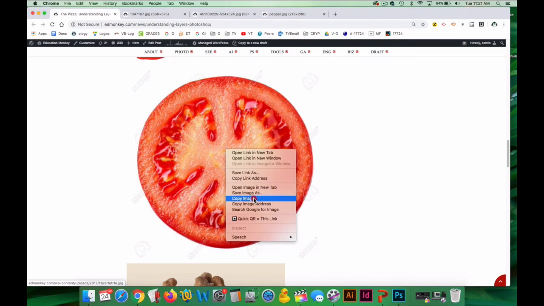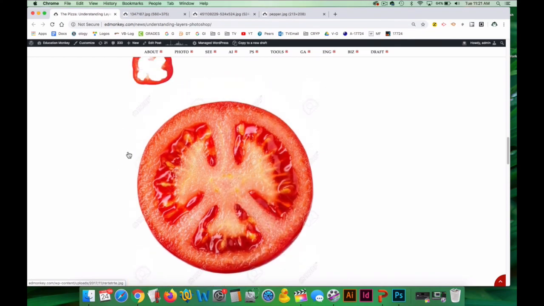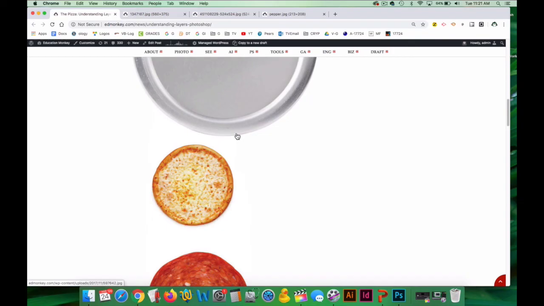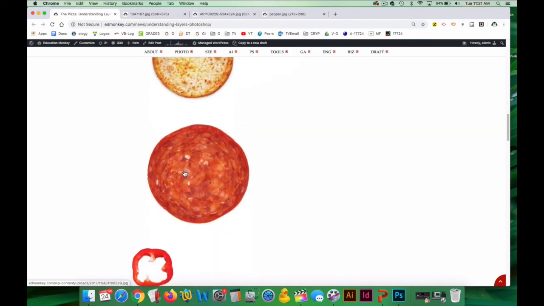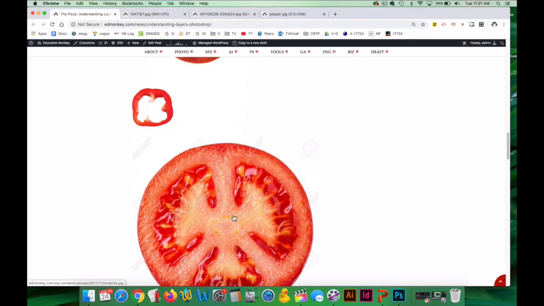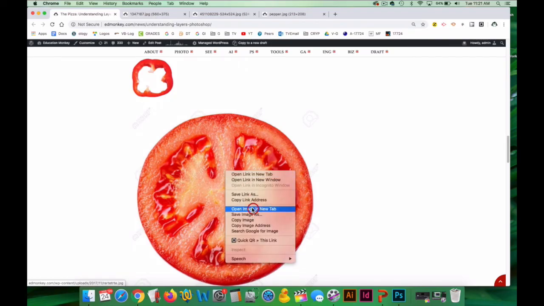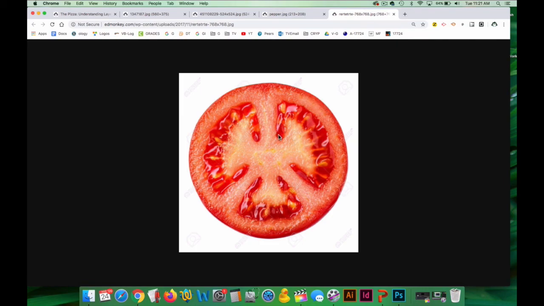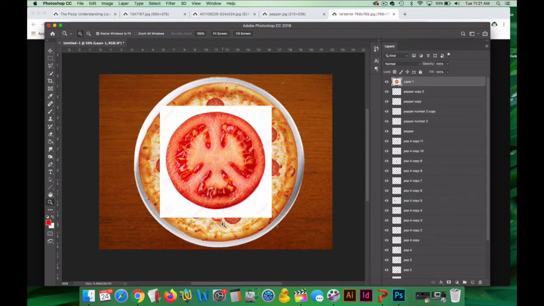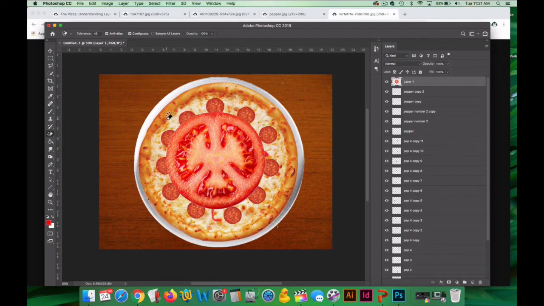Here's a tomato. This tomato looks like it might pose an interesting issue. Notice the size of our plate, and then our pie, and then a pepperoni. Notice how large this seems. Let's see what happens when we open the image in a new tab, copy the image, and paste the image in. It's pretty big, so we'll need to use the